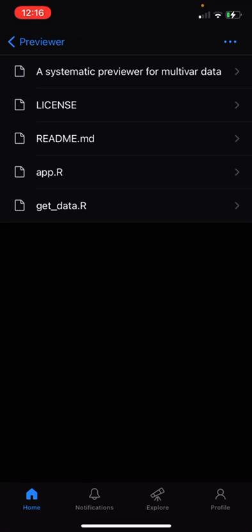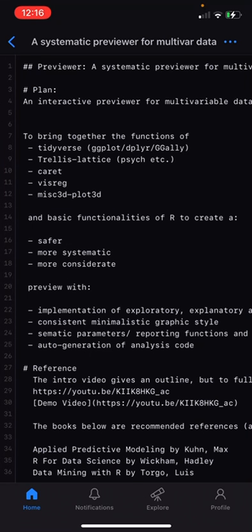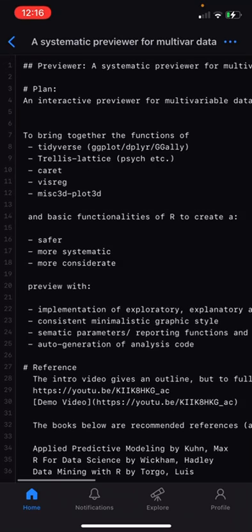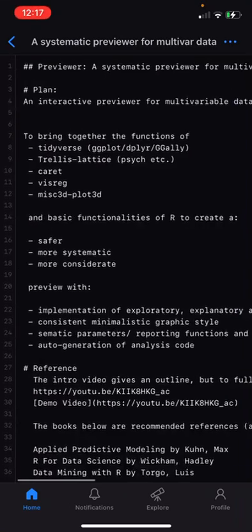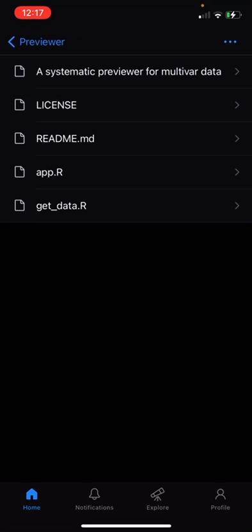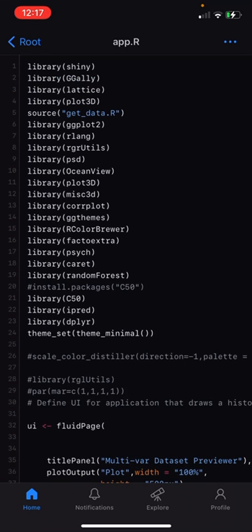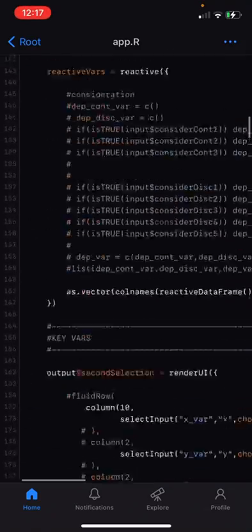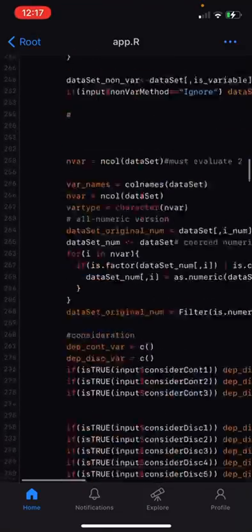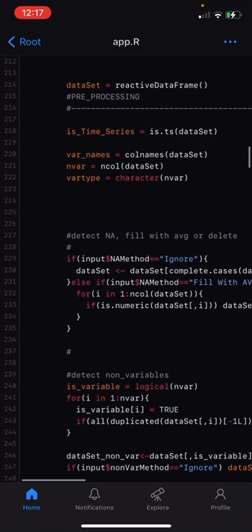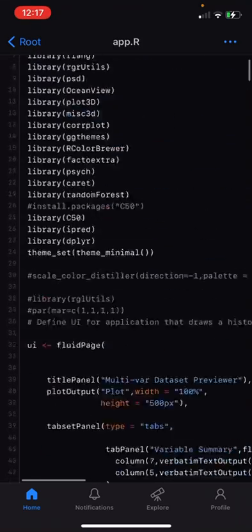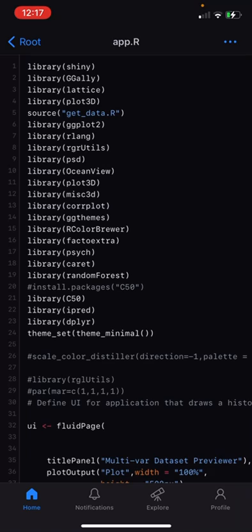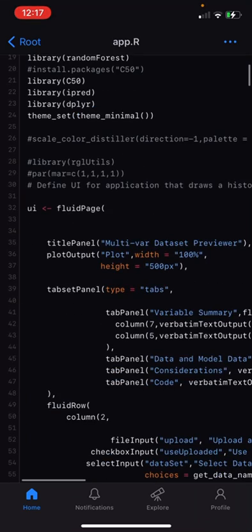I've included a license and a short summary of the idea of the code. So the main function is still the app.R. It might seem a little bit messy, but it still follows the RStudio Shiny application template, which is that